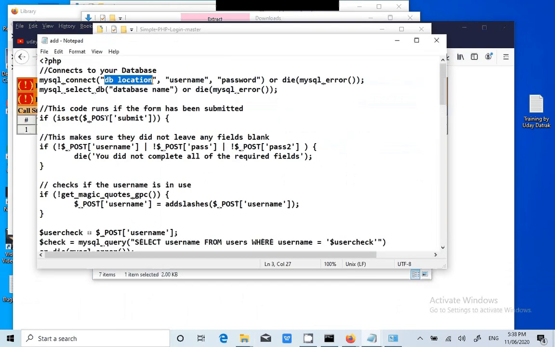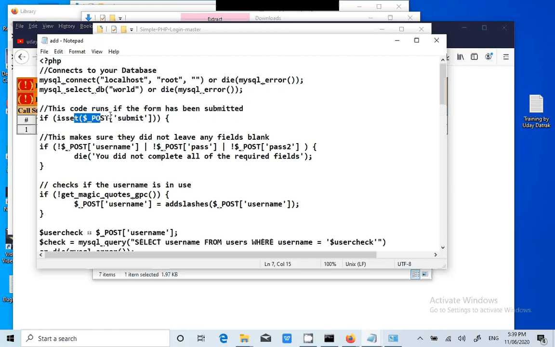He is asking us to give the database location. Since the database is installed on our machine itself, it's localhost, username is root. I'm doing it for the first time, guys, so I'm sorry if we get any errors in future. Password is blank. It has 4 parameters actually. We need to put a comma and the database, but since this function is accepting 3 parameters, we'll put it as it is. The next thing is asking for the database name. Remember, in our previous lesson we created a database. So we'll use the database name world.